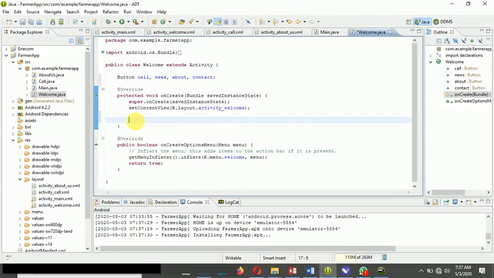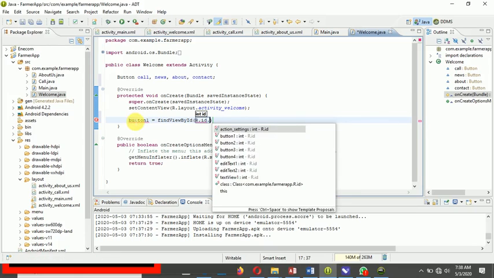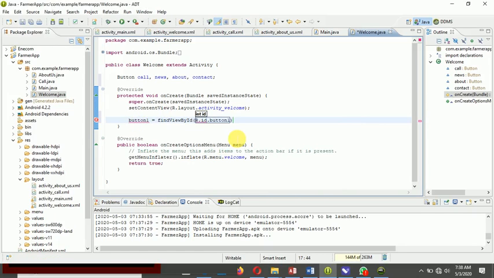Now it says show button, right? So the first one says button 1 equals find view by ID, control space, find view by ID, R.id dot button 1, then angle,